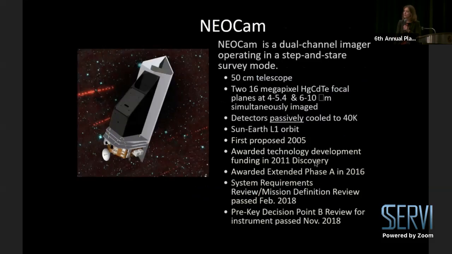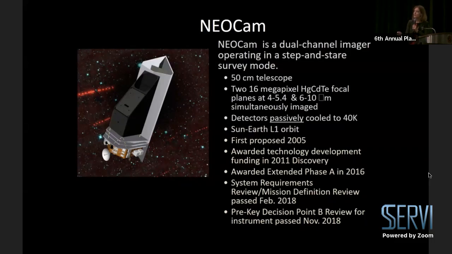So this is what we came up with. It's a dual channel imager. It superficially looks a little similar to some observatories you've seen before, Spitzer and WISE, even Kepler. But the basic idea is to have a tall sunshade over here that keeps the sun on one side, because this is a heat-sensitive telescope. We really need to protect the thermally sensitive parts of the observatory by shielding them from the sun. But basically, the aperture size is really quite modest. It's about 50 centimeters, so it's just a little bit larger than WISE, which is 40 centimeters.